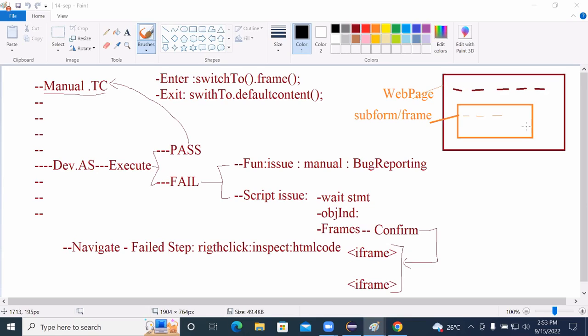Login into application. Take the next step. Click on